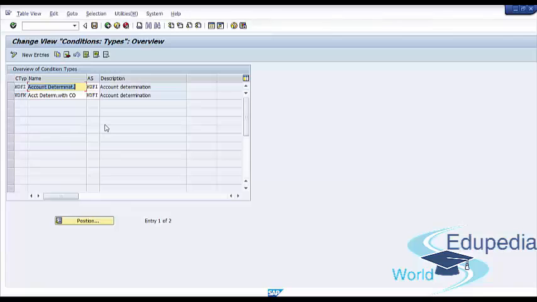In this transaction, you can define a condition type. There are no other controlling parameters to be maintained here. So you can assign the access sequence to the condition types here. Standard SAP offers two account determination types: KOFI, standard account determination,